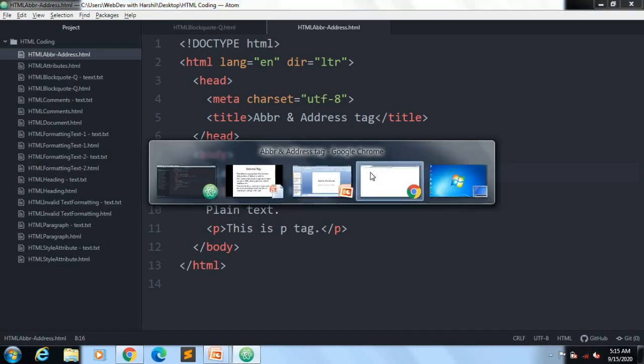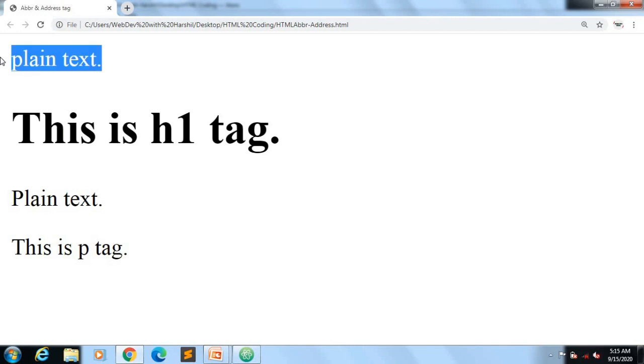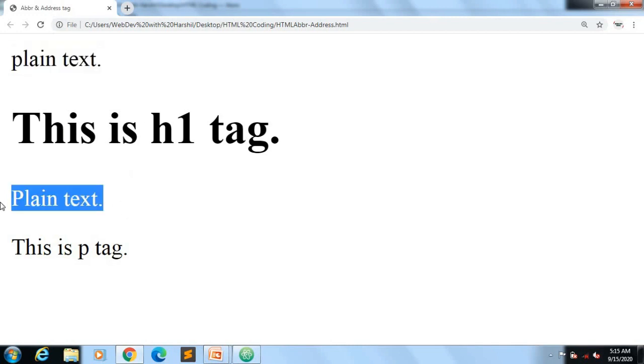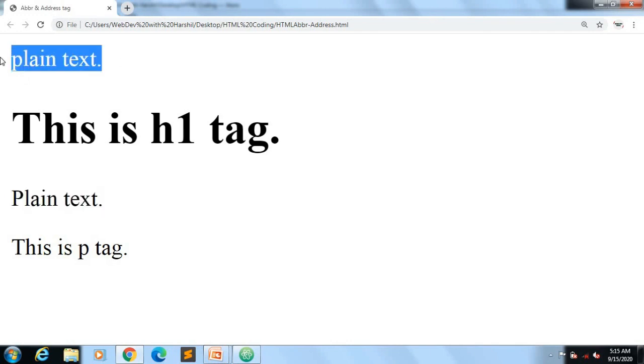Let me save this file, and if I open it in my Chrome browser and refresh, you can see there is a plain text, and here also there is a plain text. But you can see the plain text doesn't start from a new line.